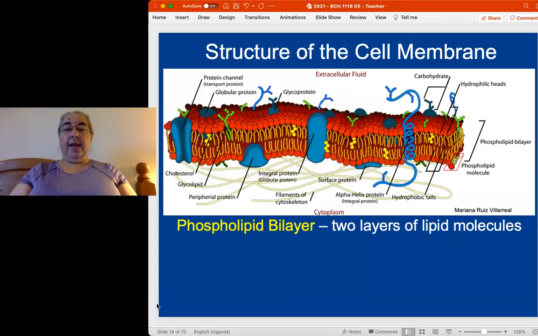Okay, so here is the structure of a cell membrane that we've already seen. Here is the phospholipid bilayer: two layers of lipid molecules. Lipid is another word for fat. You'll be doing a lot more about lipids in a few weeks' time in the structural biochemistry part of this course, so I'm not going to go into lots of details about lipid structure at the moment. I'm just going to give you a general overview. So, two layers of lipid molecules,